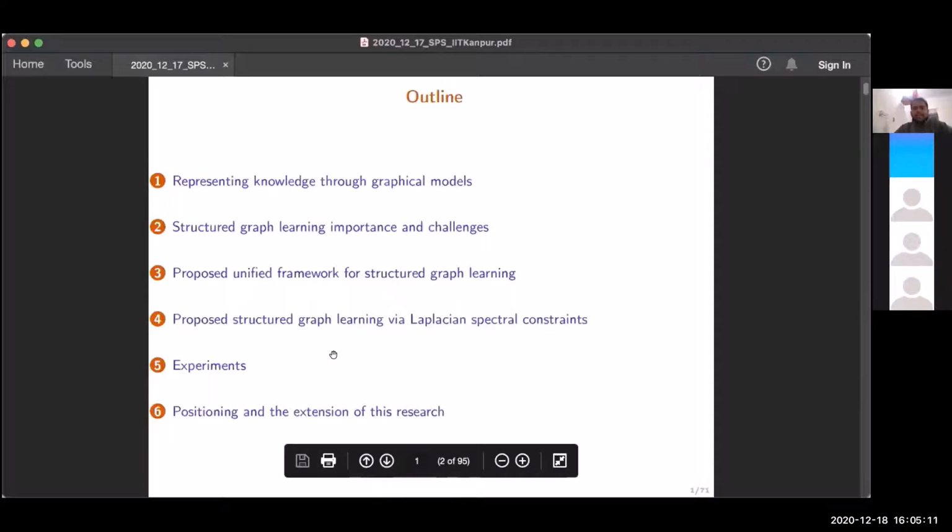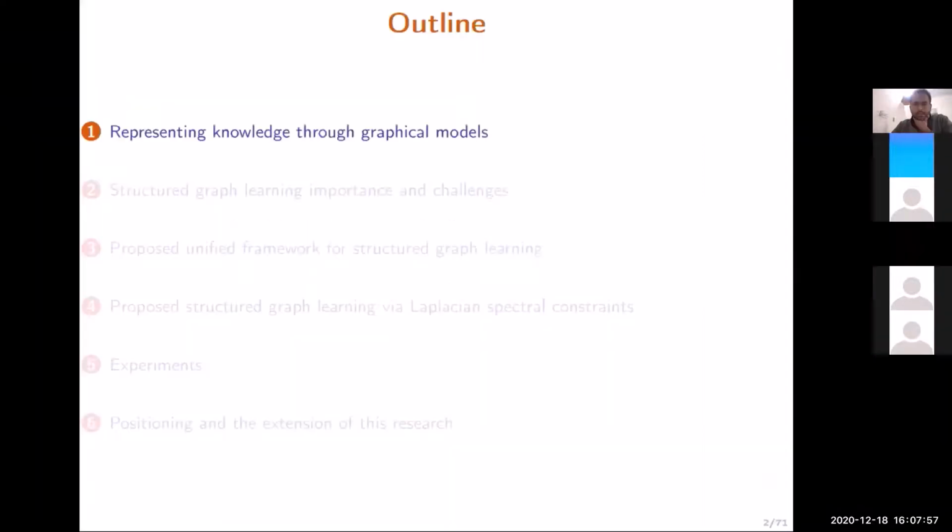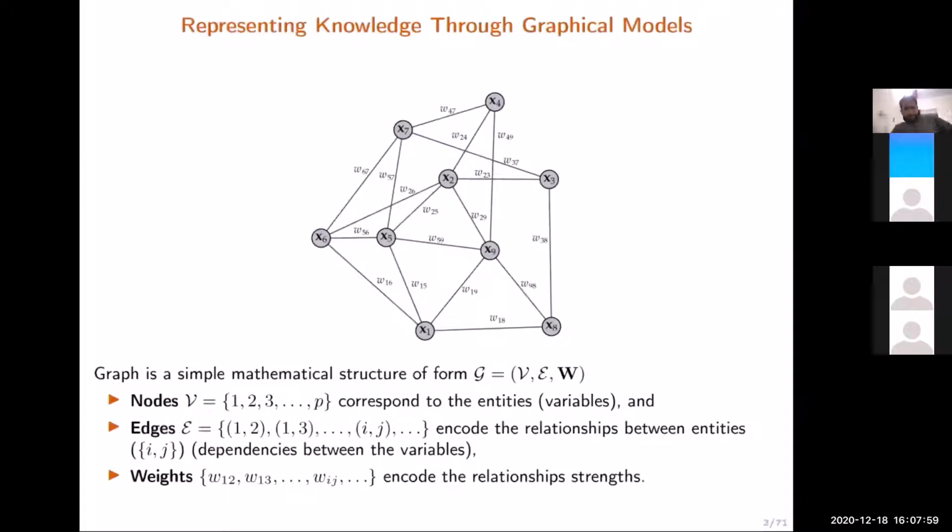The next notion is graph signal or graph-structured data. Graph signals can be understood as something defined over a graph, which simply means a signal defined over a node. So each variable will be associated with a node, and the observations corresponding to that variable will be entries for that particular node. Okay, so I guess till here everyone has followed.